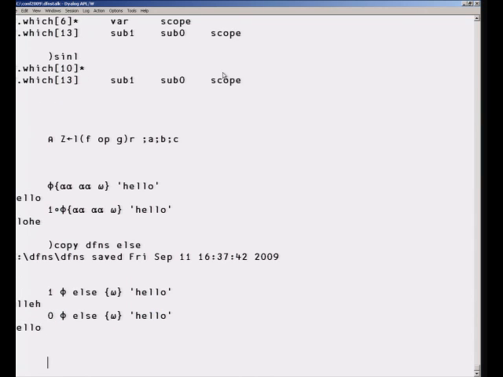So this is an if-then-else. This says if this is true, then apply this function to the argument. Otherwise, apply this function to the argument. And the coding for it